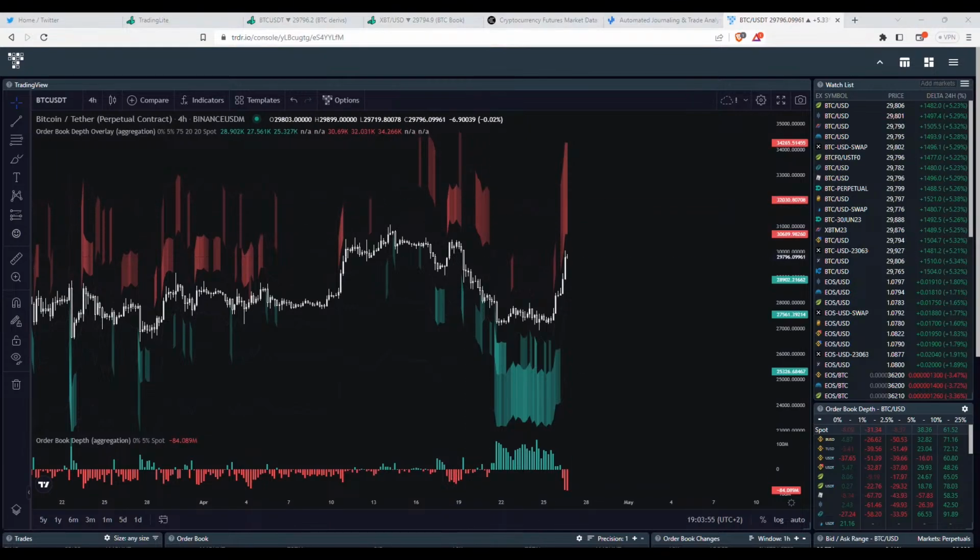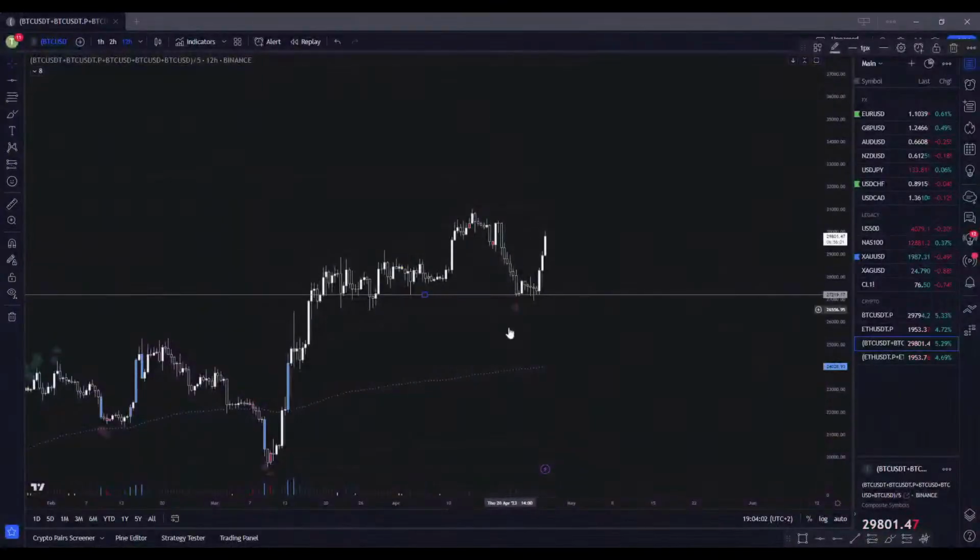So let me jump back into TradingView for one second. This is the 12-hour chart, and we are basically retesting this consolidation that we made. I can mark it up like this. If this is a kind of distribution, we sold off from that. Now we are coming back to the retest.